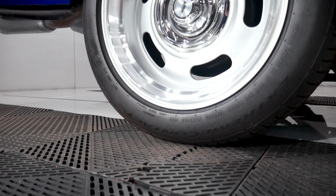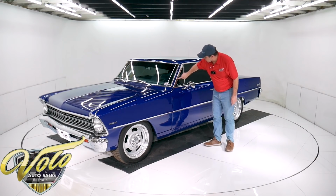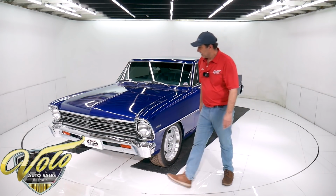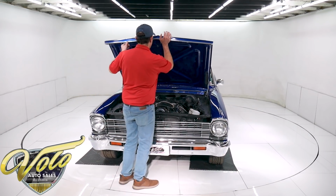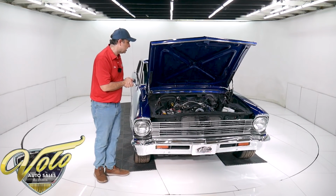The windshield's new. Obviously, the glass is tinted. This pillar has a little bit of pitting on it, a little freckling. And we open the hood. So it's an LS3, 430 horsepower motor. It has Phytech fuel injection system on it,